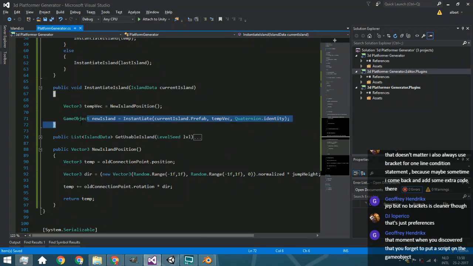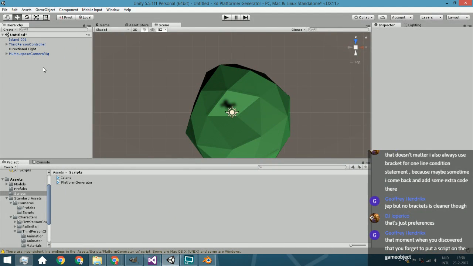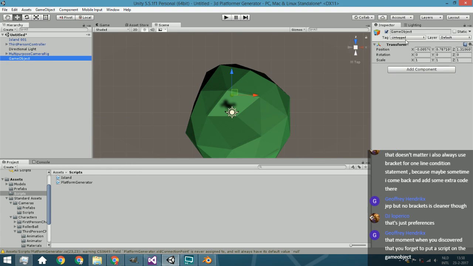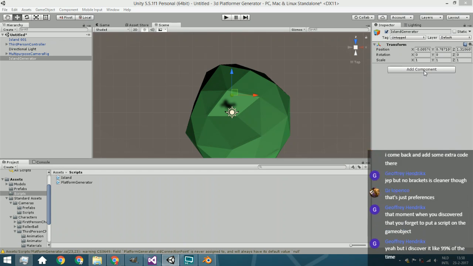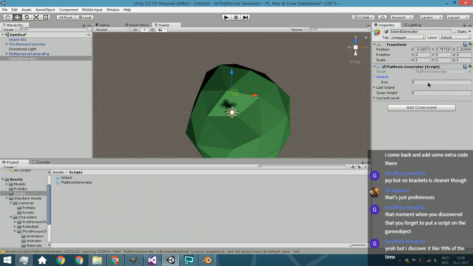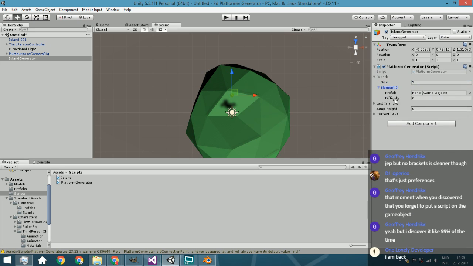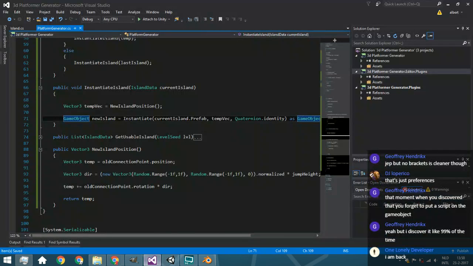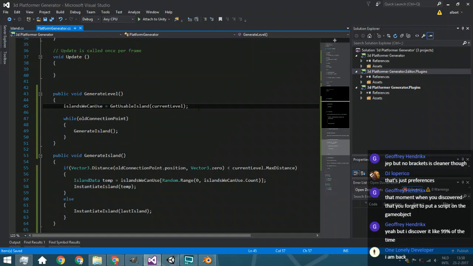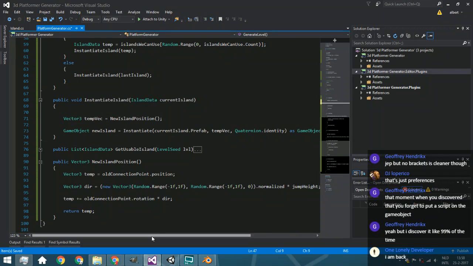So now we just need to press here as game object, and let me just see if this will work. Alright, so we're just going to create empty. Let's call this island generator. So we're just going to put here, wait, I forgot something. We need to put right here that